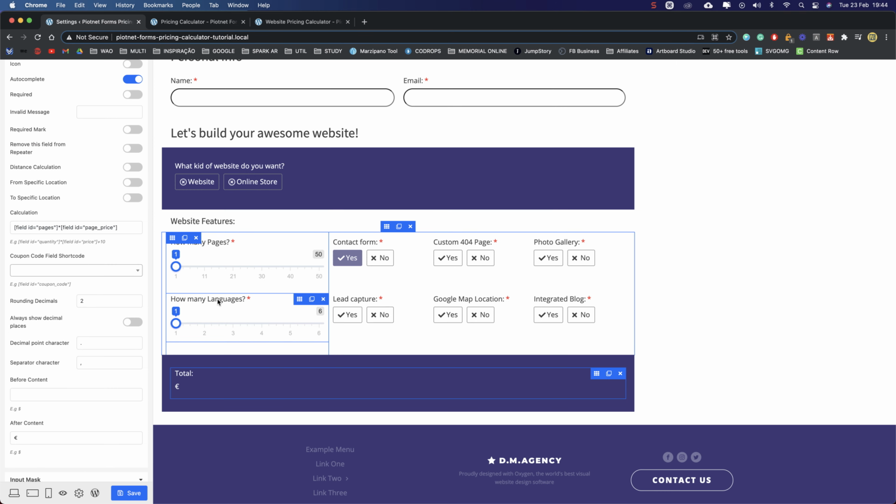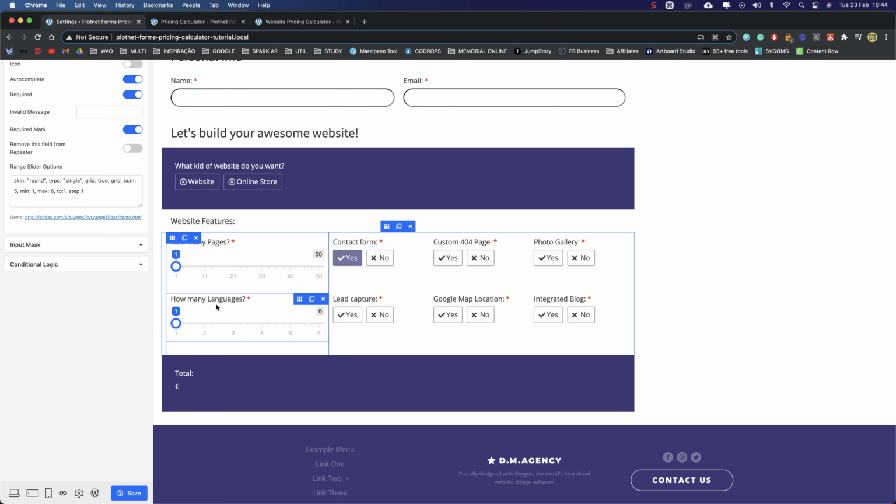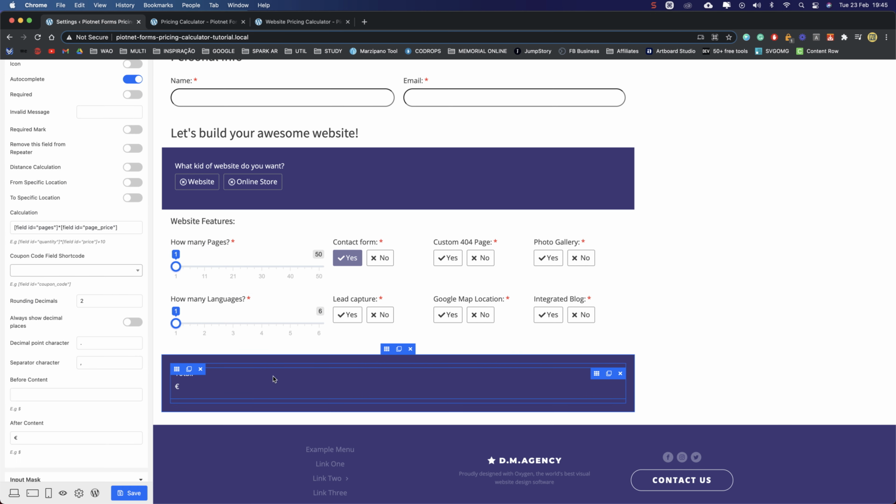Now let's keep adding this. What you need to do now is come here and add a plus sign. And let's copy this so we don't have to write it again, and paste it in front of the plus sign. And now we only need to change here for languages and language price.